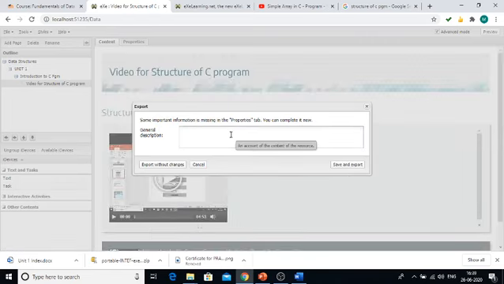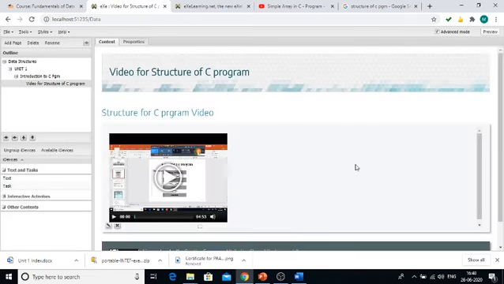It is asking for the general description, so you add some description. I am giving it as DS unit 1 materials, a general description. Then at last click save and export.